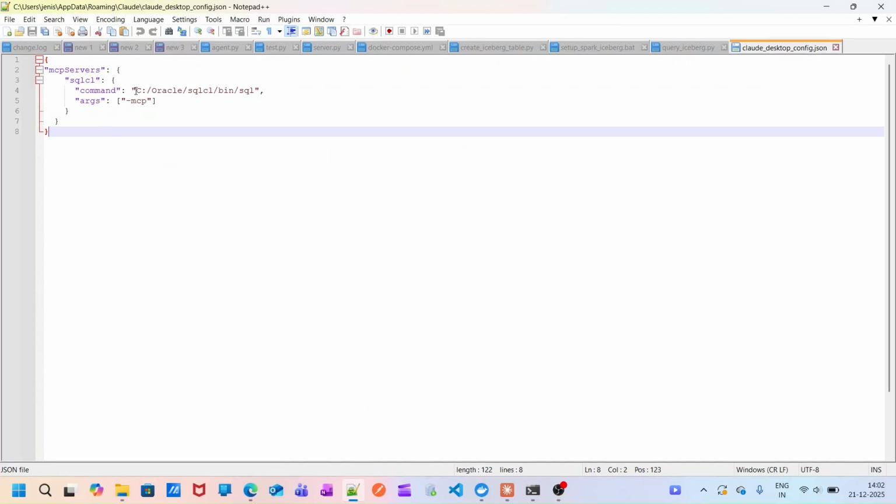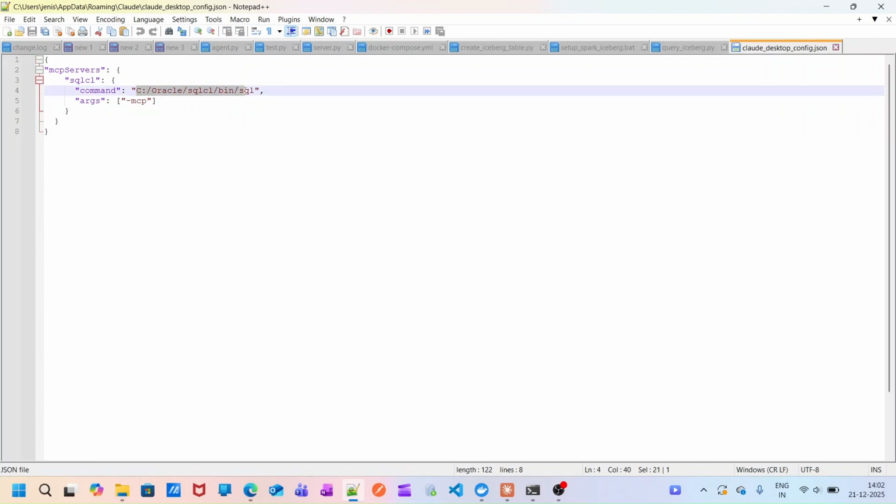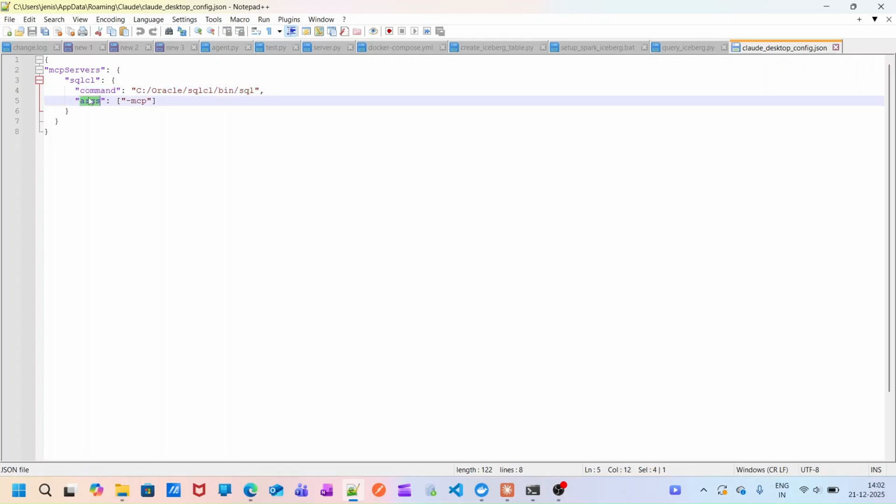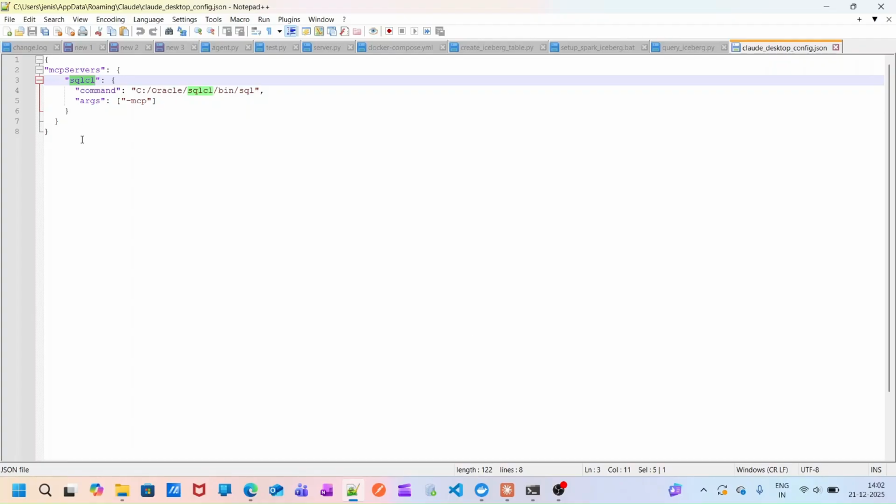So this would allow the Claude Desktop to identify where the SQL file is present. So this will have all the relevant information about the database, how to perform. So this would be the rule book which the MCP has, and this argument should be MCP. So with this in place, now the SQLcl MCP server is going to be visible in the Claude